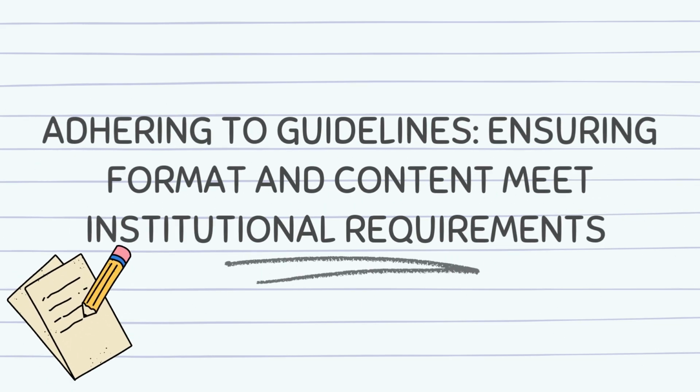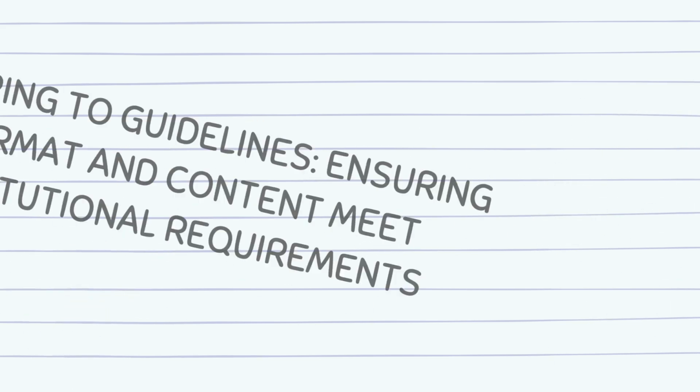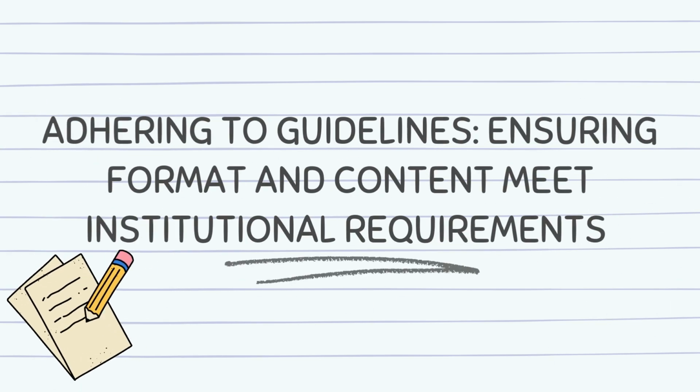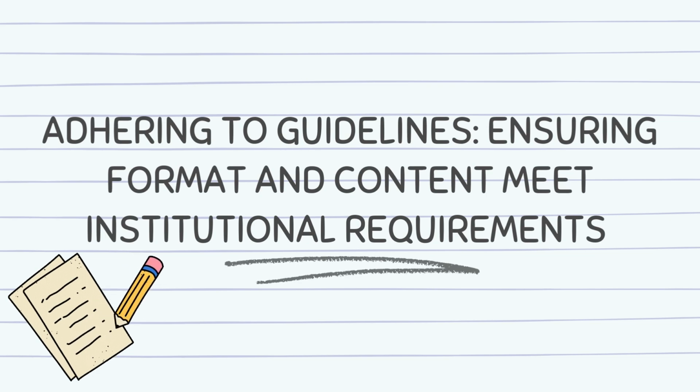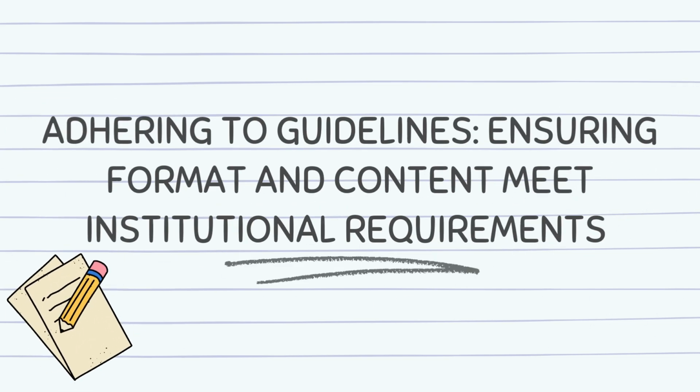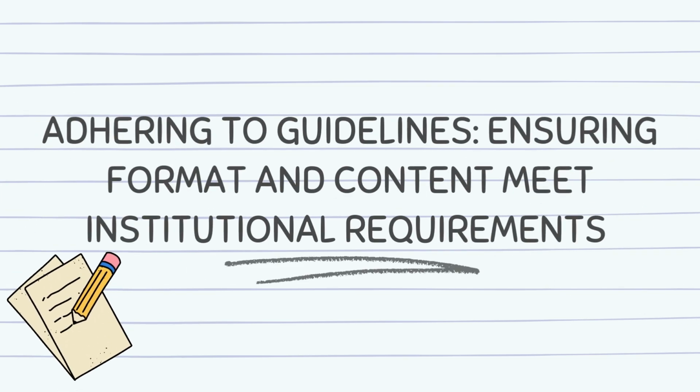Example of a properly formatted Chapter 2, APA style. Chapter 2. Review of Related Literature. Introduction. This chapter provides a comprehensive review of existing literature related to the research topic. The review is organized based on thematic areas, including Theme 1, Theme 2, and Theme 3. The discussion highlights key findings, theoretical frameworks, and gaps in literature.